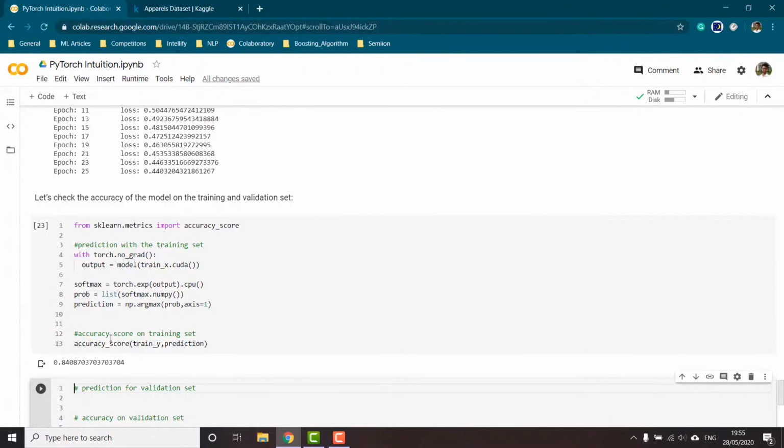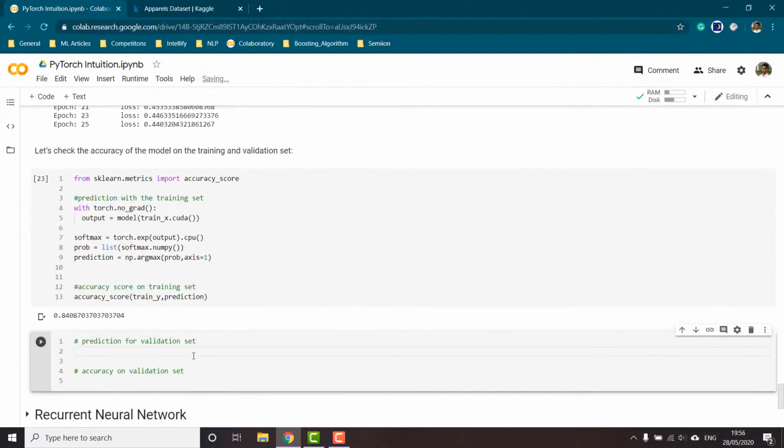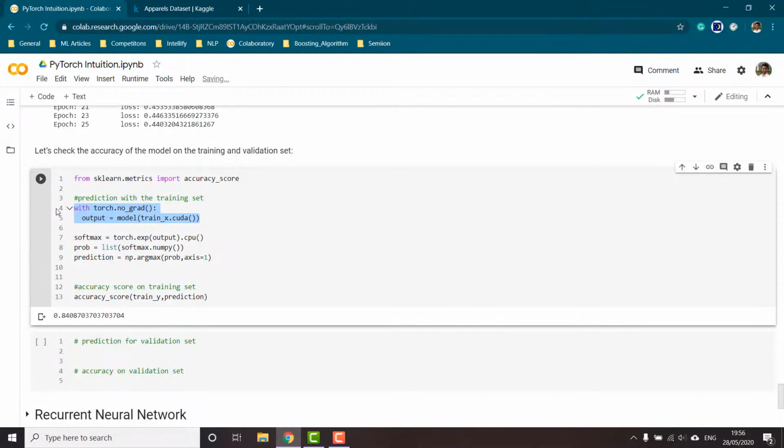You can see that we have an accuracy of 84%, which is pretty decent. You can improve the score by tuning other hyperparameters, adding more convolutional layers, increasing the number of channels and so on. That is all up to you. Now let us see our accuracy on the test set or validation set.